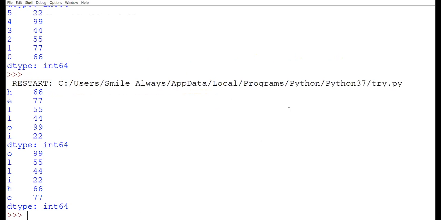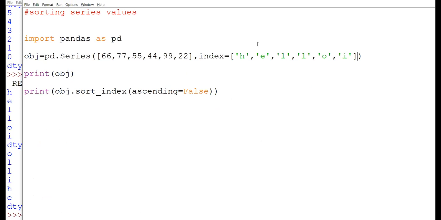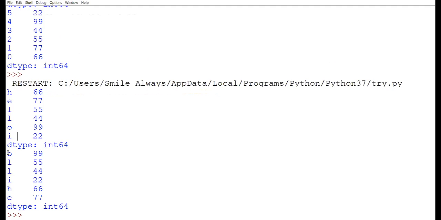Now how is it working? First of all, anyone, any idea? Descending. Descending, but with what respect? It is not like I have given index hello. Alphabetically instead of index. No, alphabetically indexes are arranged. It means alphabetically we know which character will come last. So O will come last, so you can see over here that O it has shown to you. Then double L, then I, then H, then E.